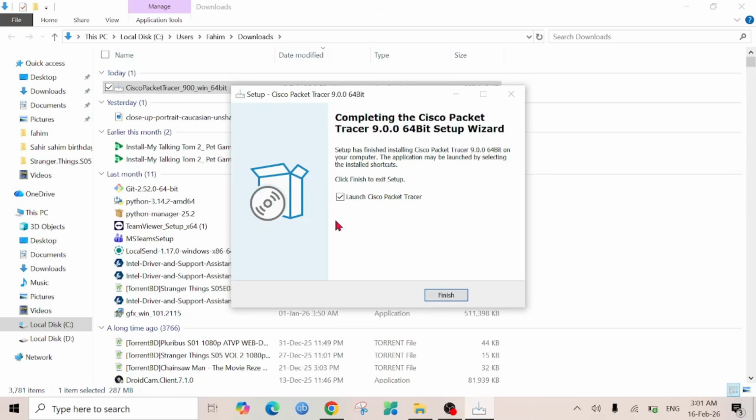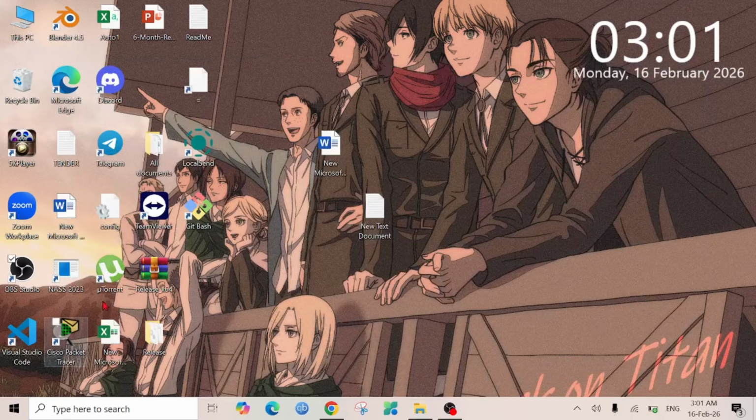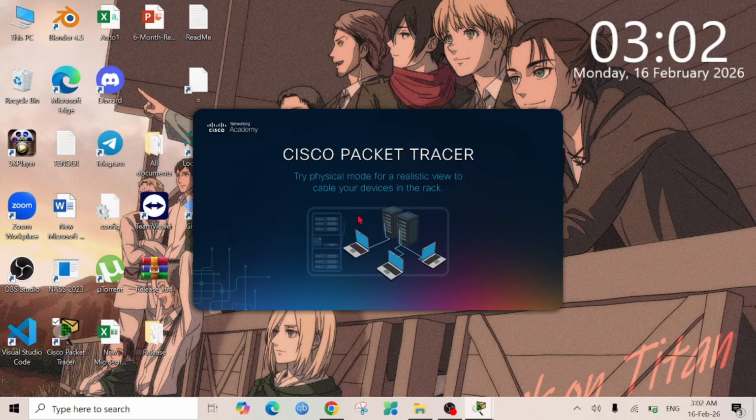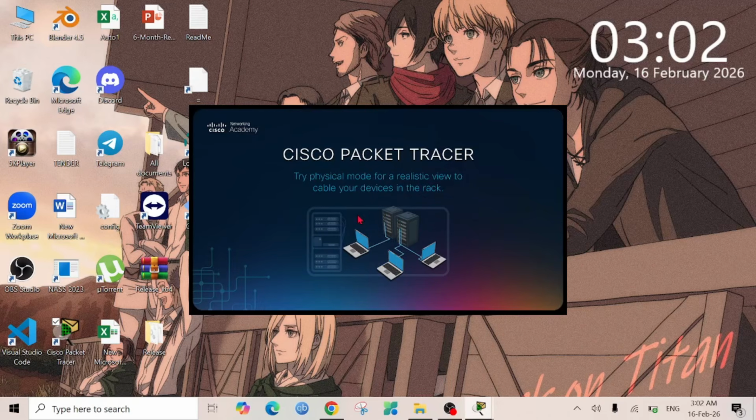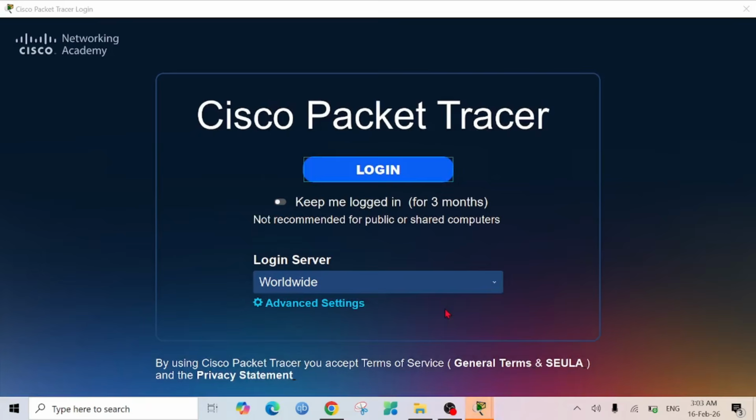As you can see, the installation is finished. I'm going to click the finish option here and minimize this one. And here you can see the Cisco Packet Tracer is here. So I'm going to click it to open. As you can see, the Cisco Packet Tracer is now opening for the first time on my PC. I'm going to click allow access, and here I'm going to select login, and it will confirm my account